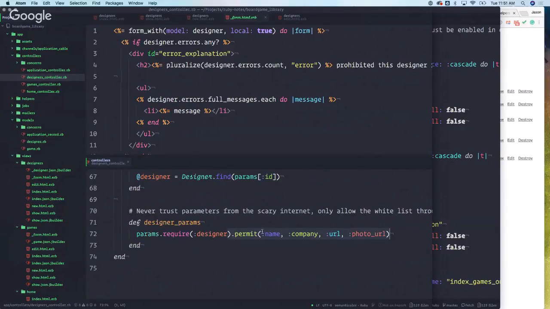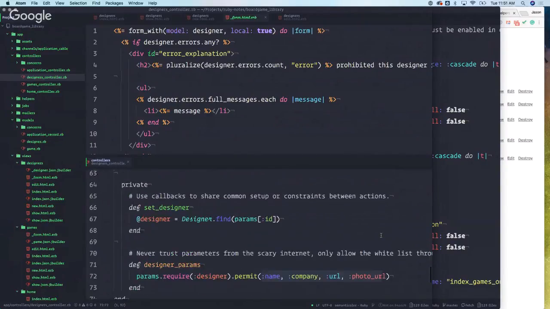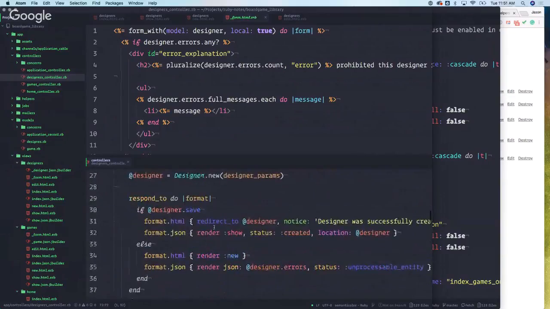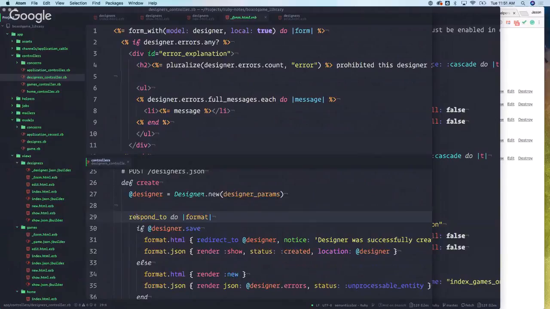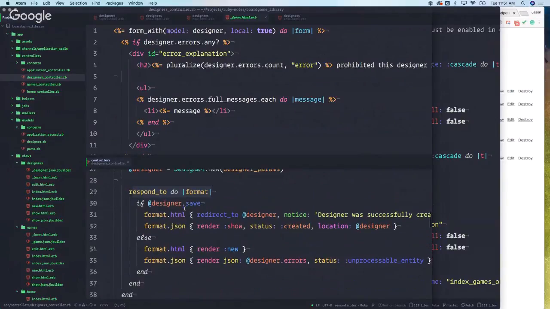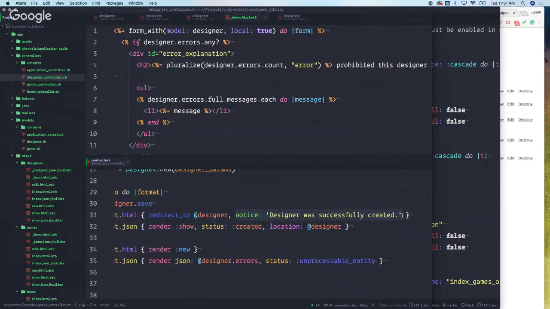This ends up biting you once in a while. You'll add a new field, but your scaffold was already generated. And then you'll go back and be like, oh, why can't I save that new field? Oh, it's got to go add it to this list. Because this includes just the ones that were there at the time I generated it. So when we post to create, it says Designer.new, and then it says ignore this respond_to format block. I just say if designer.save, and then here for HTML, it says redirect_to @designer, and then notice, designer was successfully created. That notice bit,